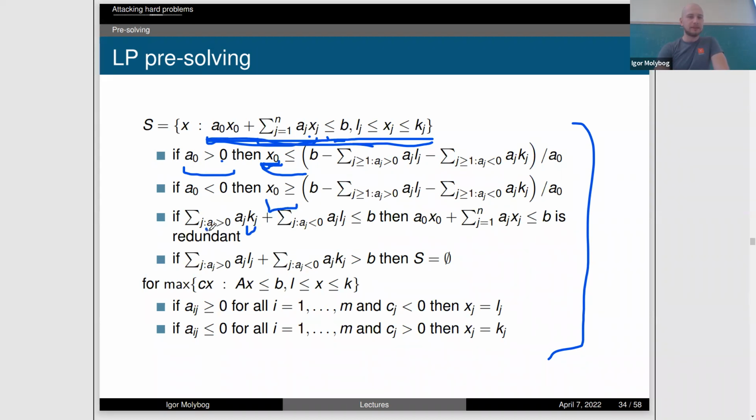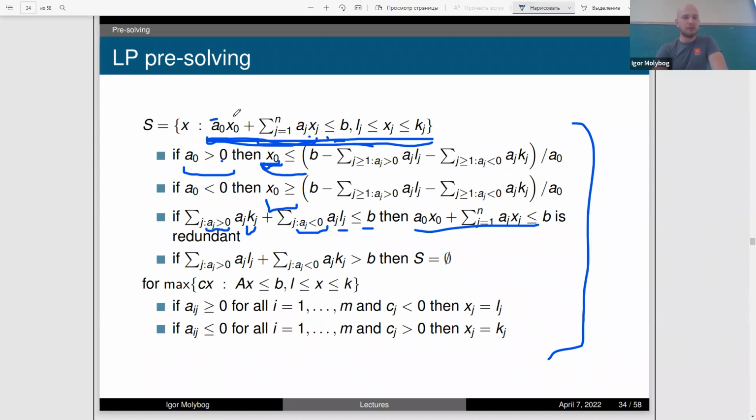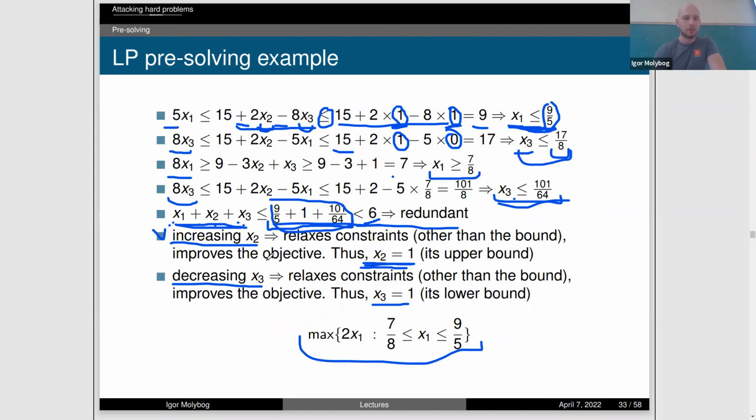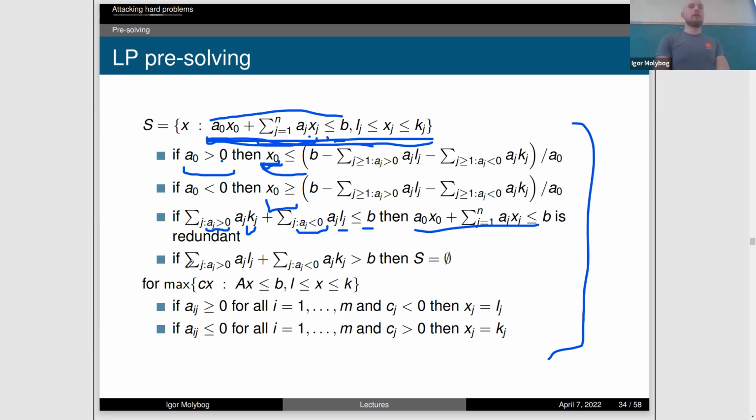Where aj is and lower bounds lj where aj is less than 0 leads to a number that is less than or equal than b, then the corresponding constraint, the corresponding main constraint, is a redundant one, right? This is what we did right here. And then there is a way to figure out that the set S itself is set if you just substitute